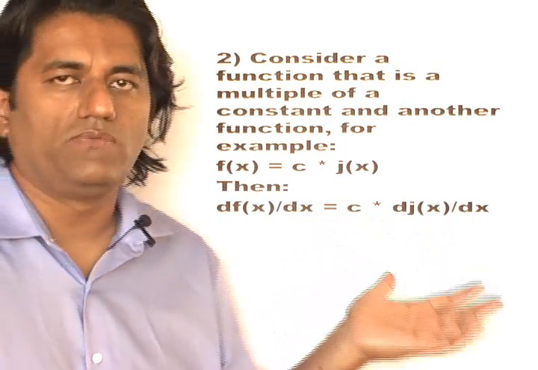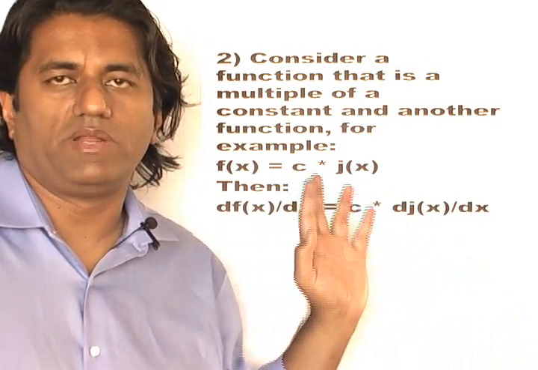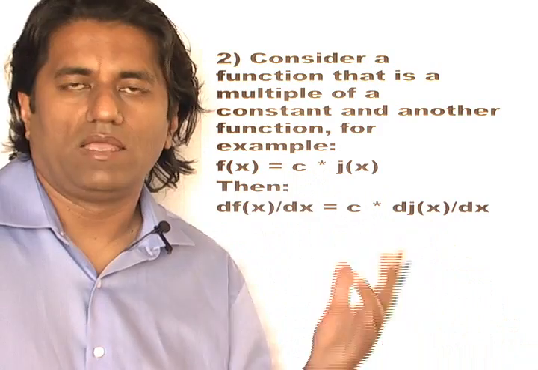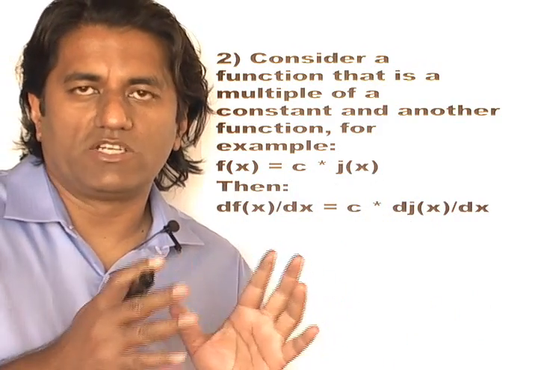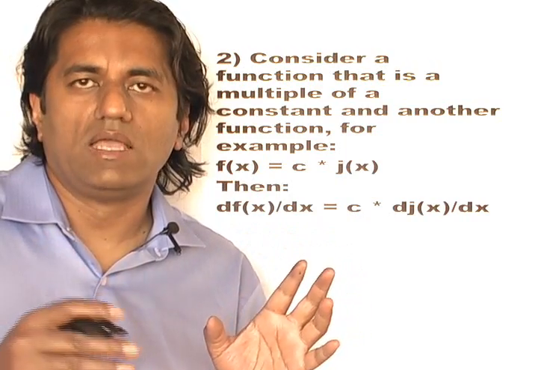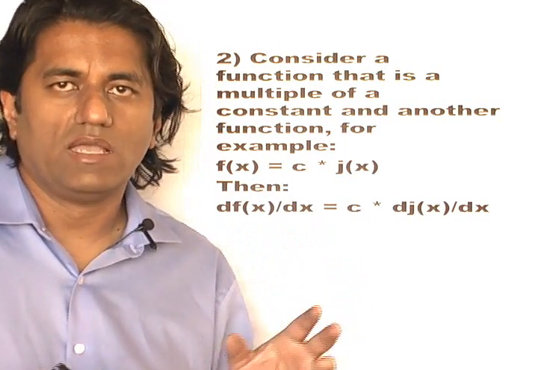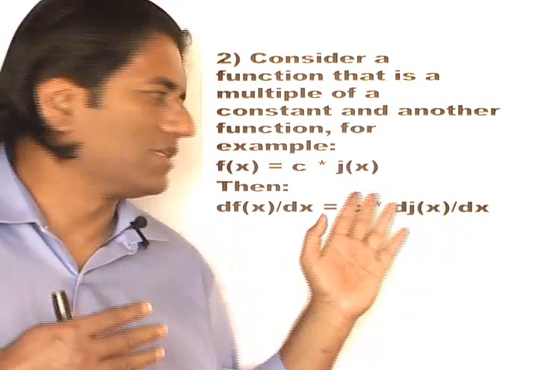Now this actually would follow from the very first thing that we did, where the derivative of a function which was the sum of two functions would be the sum of derivatives,